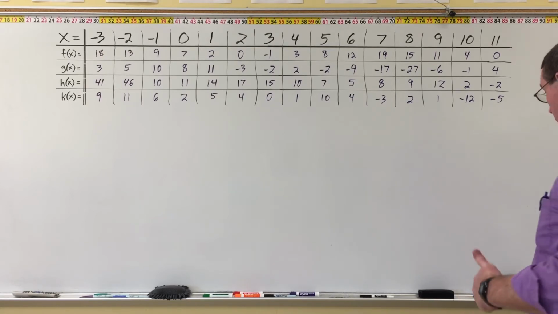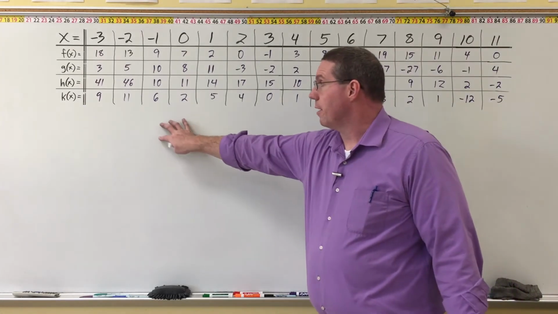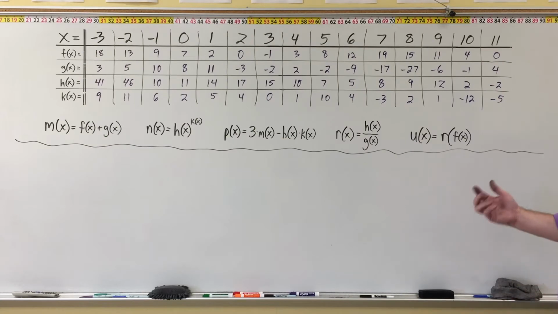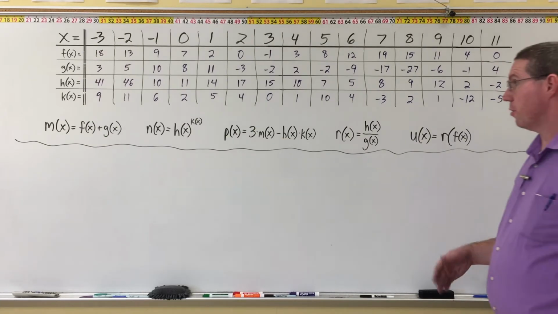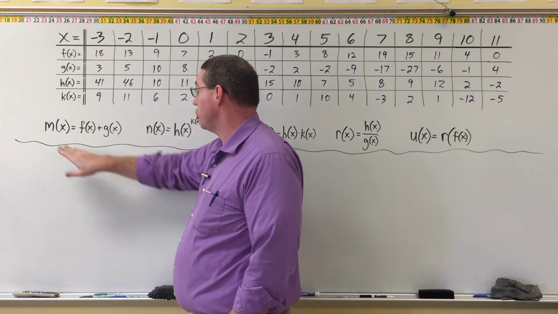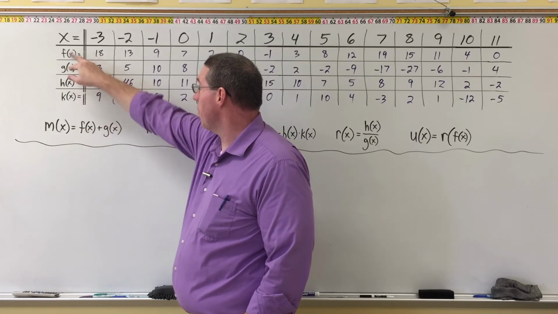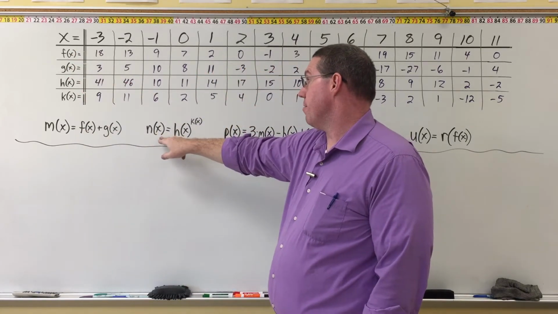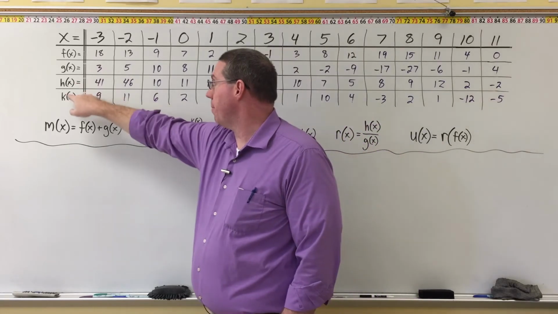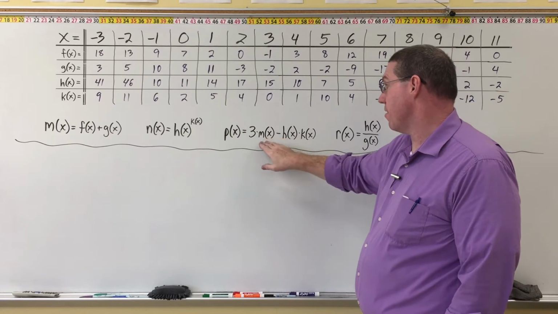And now what I'm going to do is I'm going to give some additional information right down here so that we can answer some questions. All right, now here is some additional information that you're going to want to write down. I have defined 5 additional functions: m of x, which is f of x plus g of x, they're up here; n of x, which is h of x to the power of k of x, h and k are both up here;